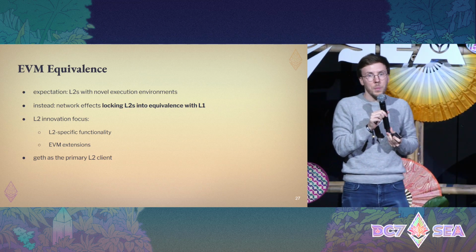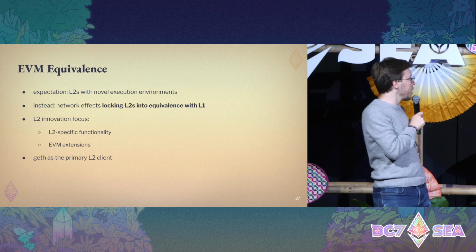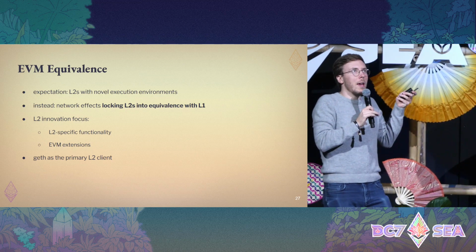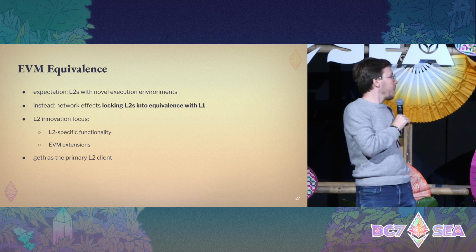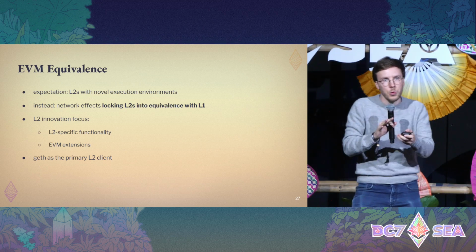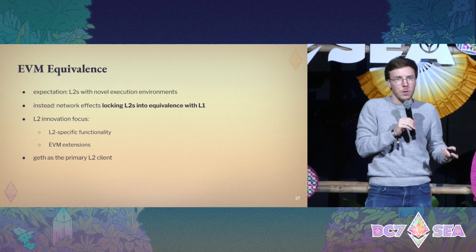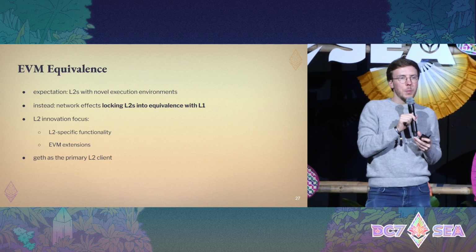I would say quite the opposite. I think we've seen 3-4 years of pretty rapid innovation in this space, but that was very much focused on the specific new challenges for L2s. So that was focused on new functionality like fault proofs and ZK proofs. Of course, in the ZK space, the innovation has been amazing to see. And when it touched the EVM, it was more like extension.